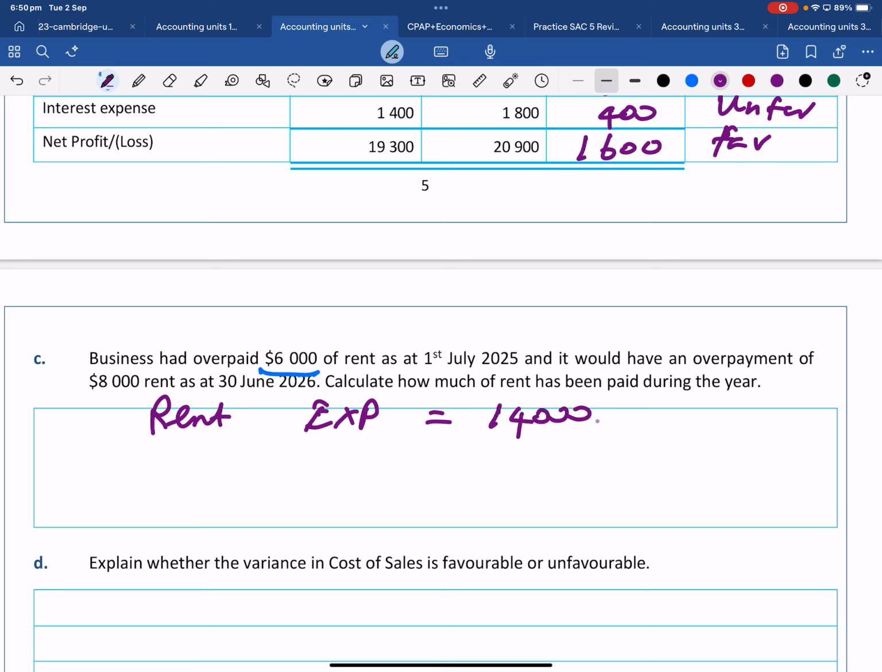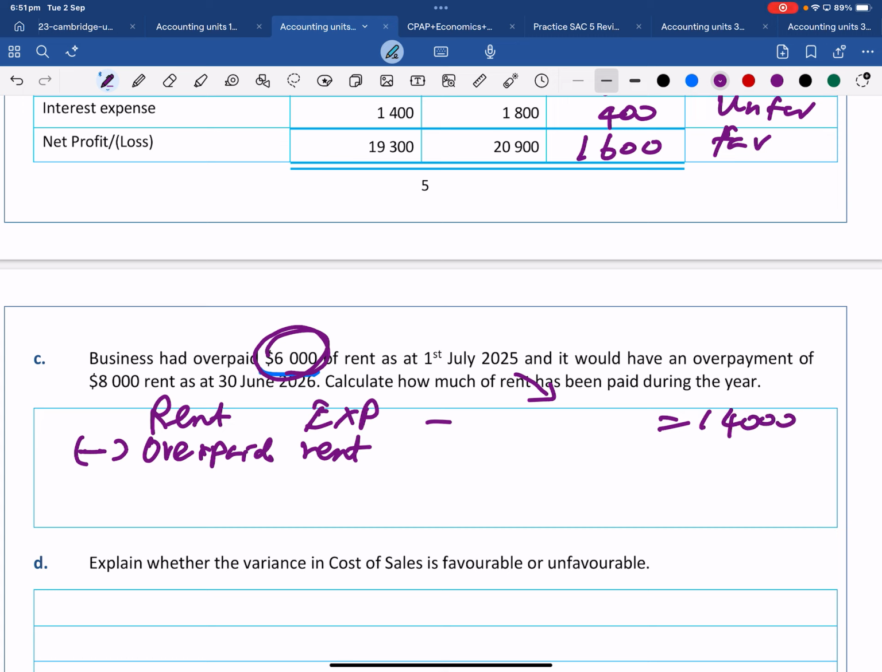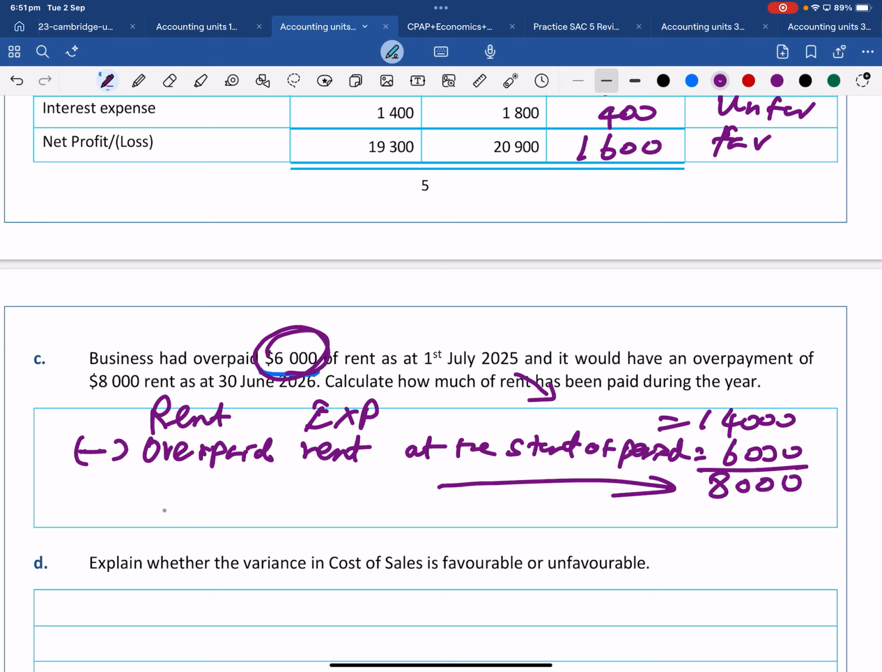14,000. From this 14,000, the 6,000 had already been paid when we start the period, for this year. That means 14,000 has partially been settled already. So you have to take away the overpaid rent at the start of the period, which is 6,000. Then what is remaining, guys? 8,000. That 8,000 should have been paid during this year. Rent paid